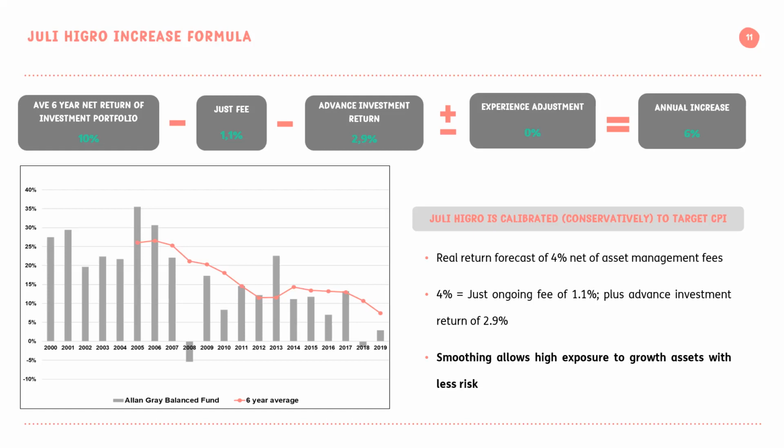There is one other part of the formula, which is shown there as an experience adjustment. We've set assumptions on life expectancy, and on an annual basis, we compare those assumptions to the actual mortality experience. There can be profits or losses, but it's managed very closely, and we do use conservative assumptions. We also have Deloitte, who are independent statutory actuaries, who audit those assumptions. There can be positive and negative experience adjustments, but we expect them to be very small, never more than about 0.5%. We have managed that pool very well, and over the last 3 years have declared small positive adjustments. That then boosts the annual pension increase.